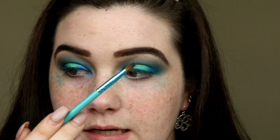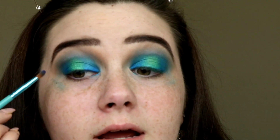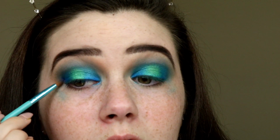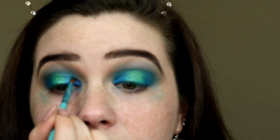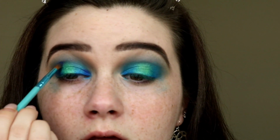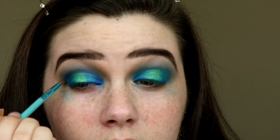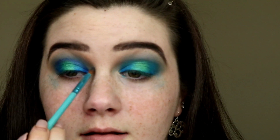I'm just going to use a tiny little pencil brush. You can go on the very outer edge too of the blue and the very inner to kind of deepen it a little bit. And then I just kind of trace it lightly in